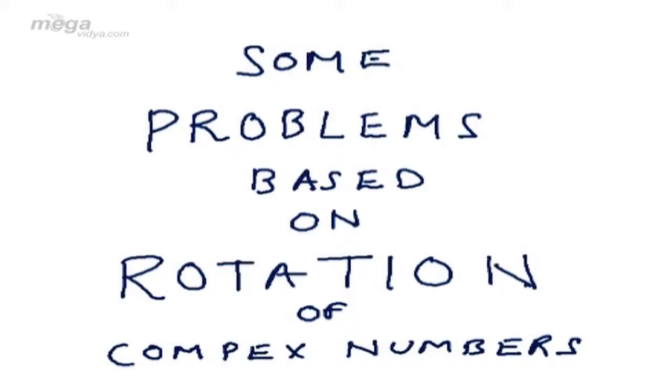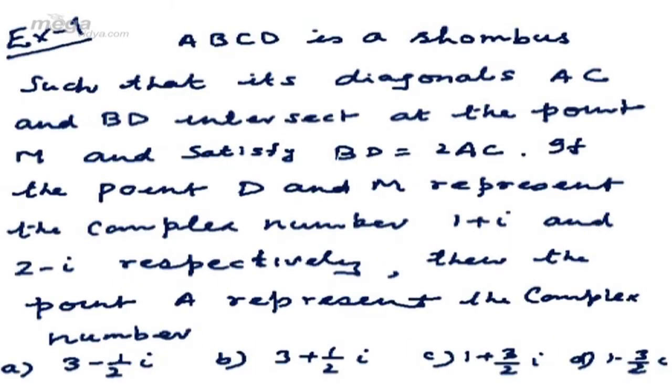Today we will discuss some more problems based on the rotation of complex numbers which were asked in competitive examinations in previous years. Example 1. ABCD is a rhombus such that its diagonals AC and BD intersect at the point M and satisfy BD is equal to twice of AC. And if the points D and M represent the complex numbers 1 plus i and 2 minus i respectively, then